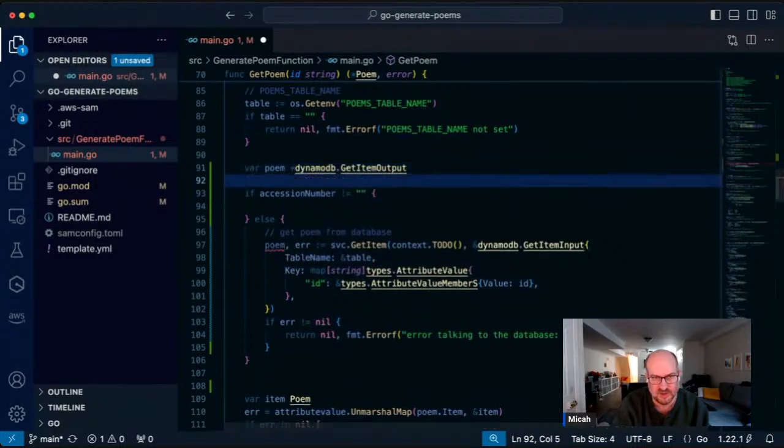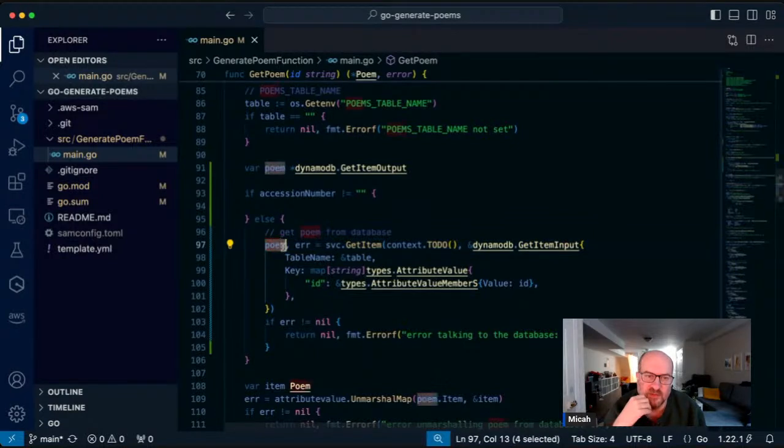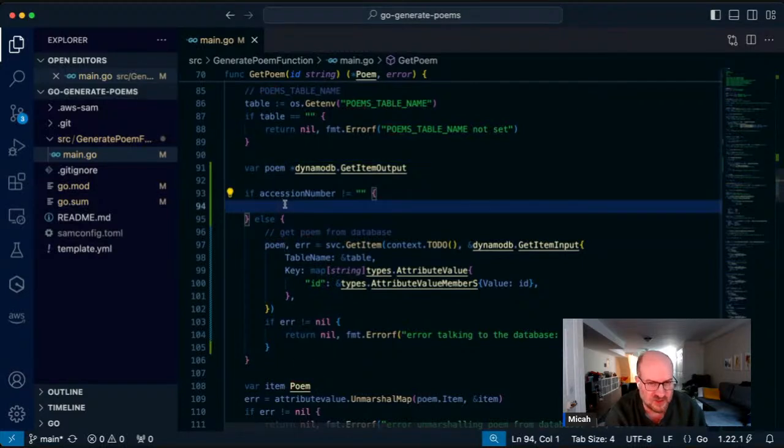Yeah, that'll help that. And then we don't need one of those. Okay, so because it's inside of an else statement, we have to define this poem up here because it's scoped inside this if else statement. So this just allows us to save it and use it later, basically. When we want to query using that accession number,